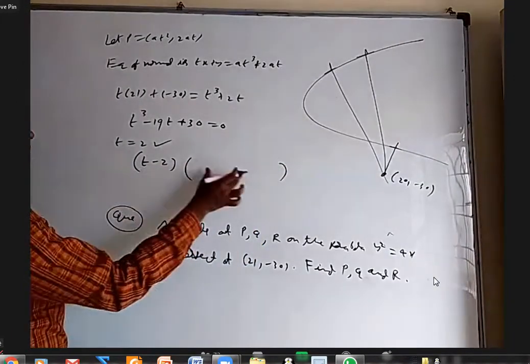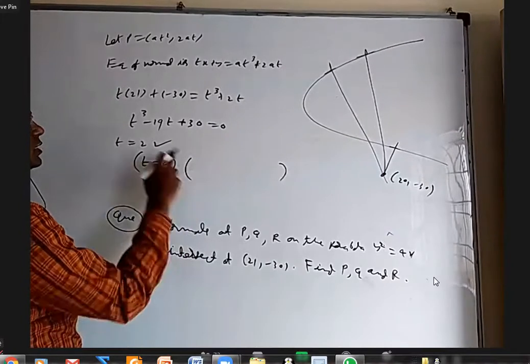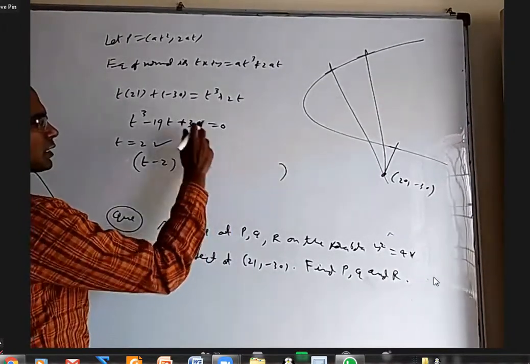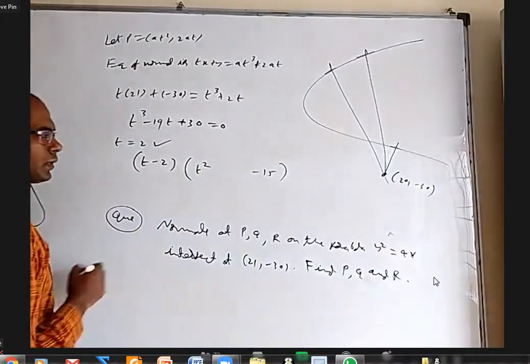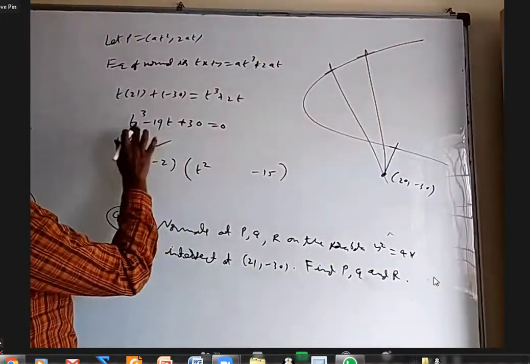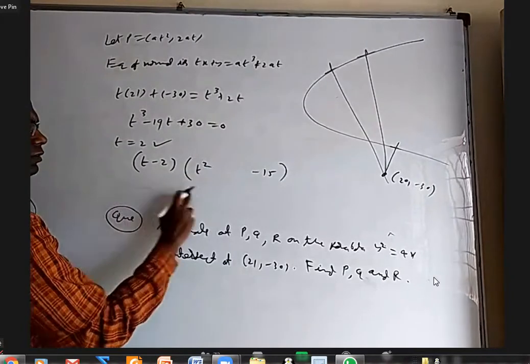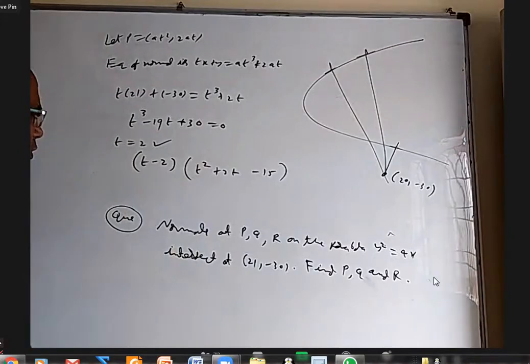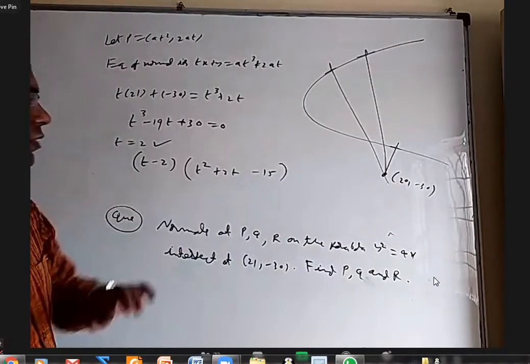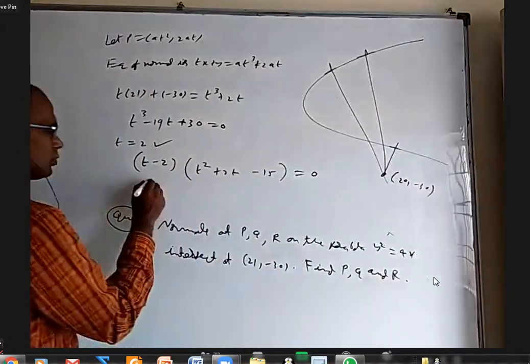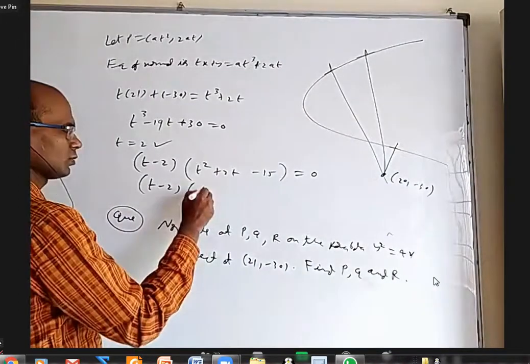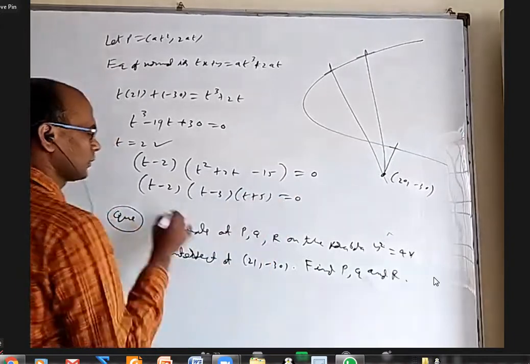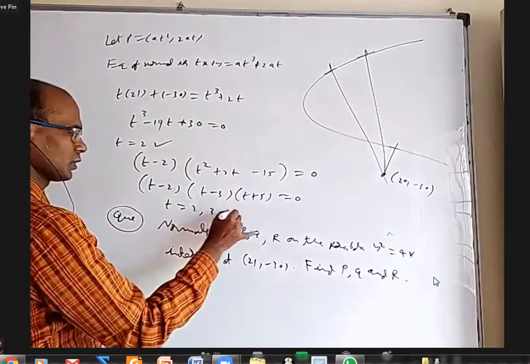If t minus 2 is a factor, how to write the other factor? This into what is here should be t cube, so this should be t square. This into what is here should be 30, so this should be minus 15. I have to tell the t term. T square is missing. This is minus 2t square, so plus 2t, so it will be missing. 19t, is it matching? Minus 4t, minus 15. Everything is good. So this is t minus 2 into, if I factorize this, I think it is t minus 3 into t plus 5 equal to 0. So t equal to 2, 3, minus 5.